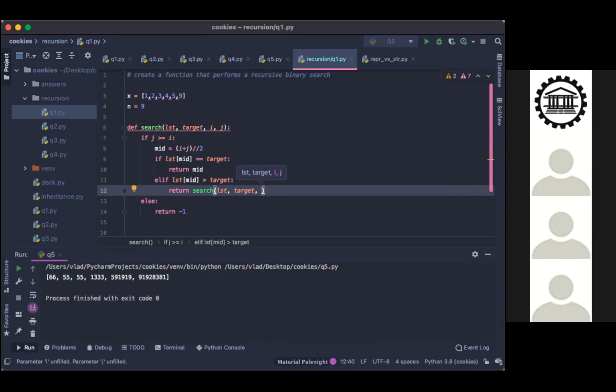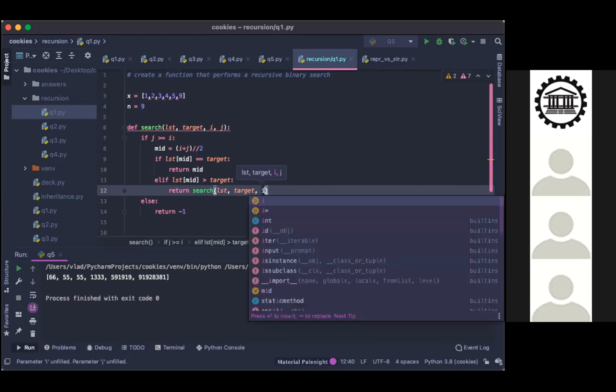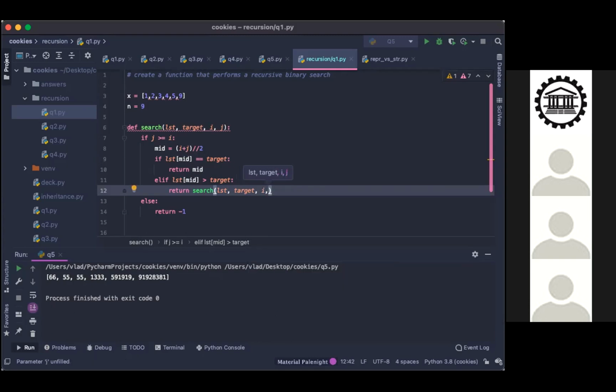If the number we're looking for is 3, for example, but our mid value is 4, then it's not going to be on the right side of the mid anymore. It's going to be on the left side. So we want the low to be i again, but the high we want to be the index less than mid, so mid -1 here.